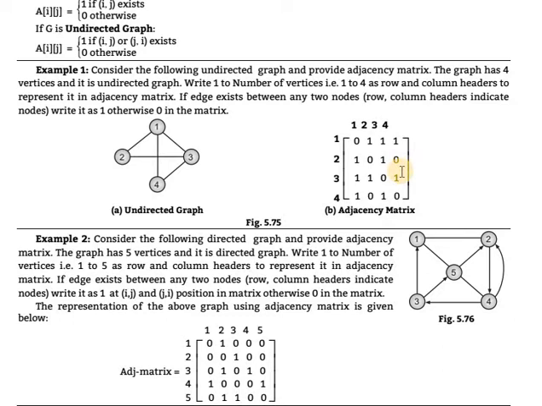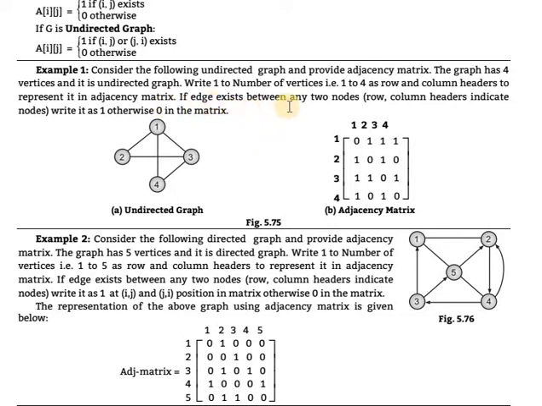Sorry, not a matrix, adjacency matrix. Write the column headers to represent the adjacency matrix, and the vertices as the rows. That means 1 2 3 4 are vertices, so write 1 2 3 4 as columns, and also 1 2 3 4 as rows. Zeros and ones show whether edges are created on those vertices or not.